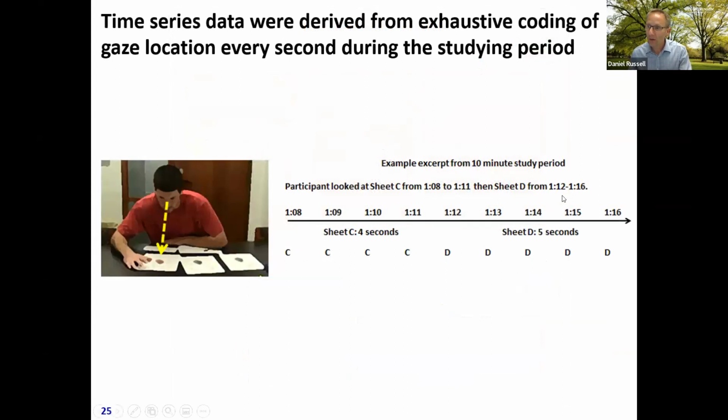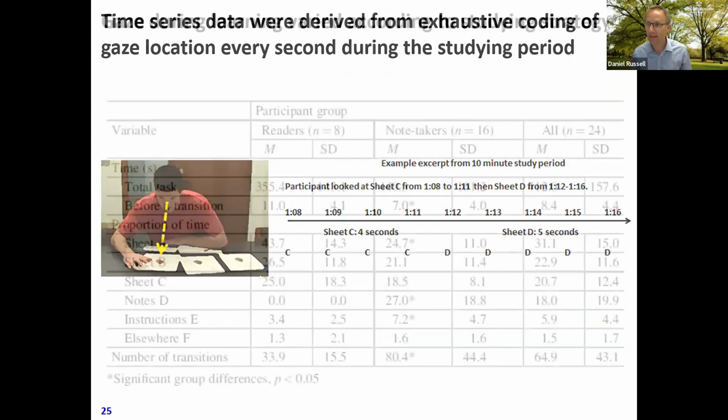So what Dr. Garner did, because I'm not claiming this bit, as this was a lot of hard work, was go through the videos and identify at each second where the participant was looking, and simply code it with a letter. Code it with anything you like, but we used a letter, and that's done. It's exhaustive. It is essentially the most obvious item they're looking at in that period of time, and so that's coded like that. Okay.